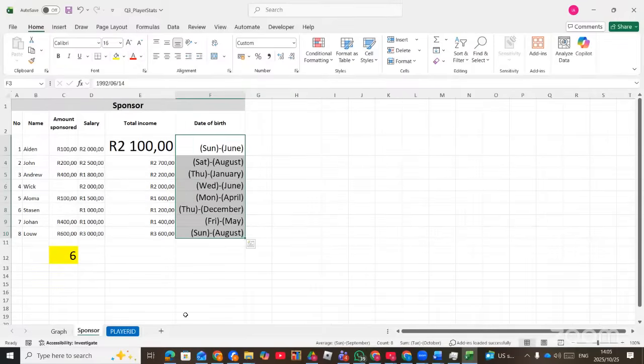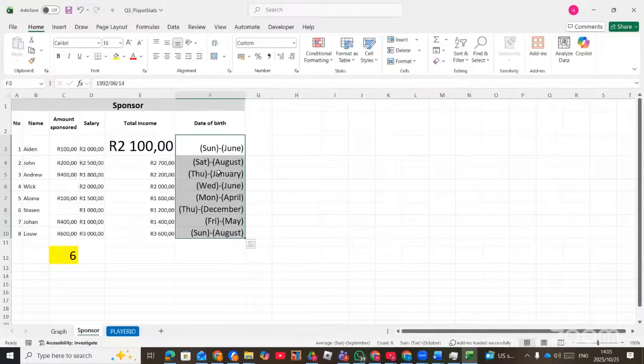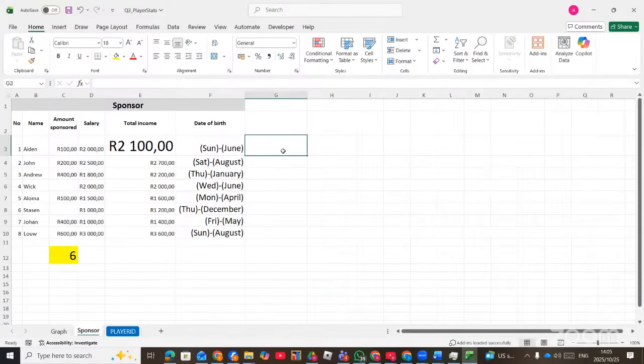So basically, that is all about spreadsheet. We have covered every topic here. Range between calculations, percentage increase. If they wanted to increase it by a certain percentage, like the total amount. If they wanted to increase this total amount by 10%,